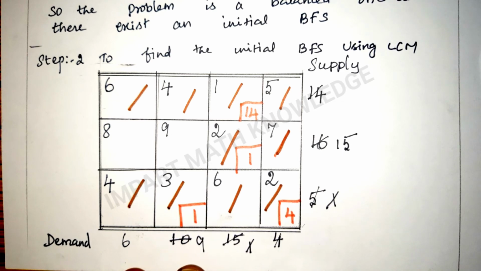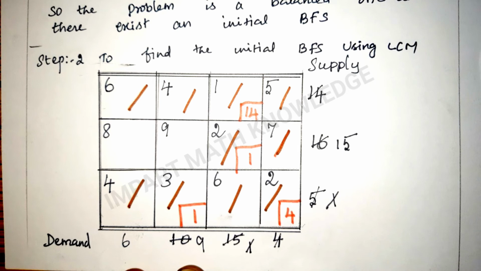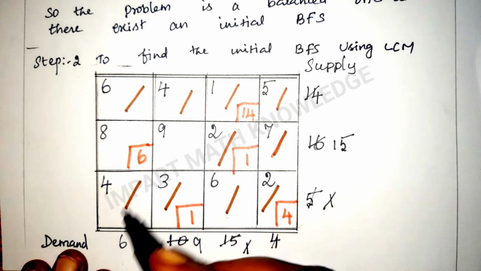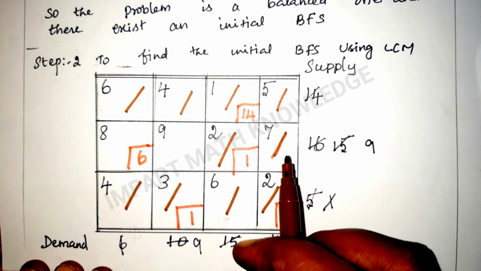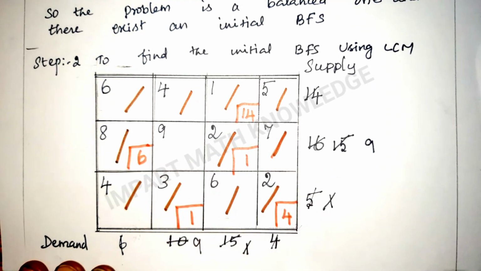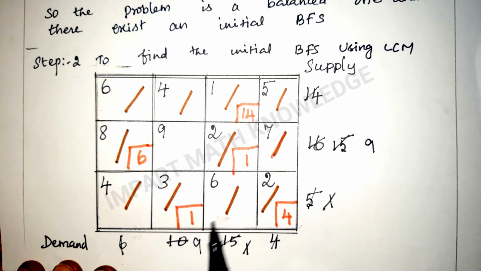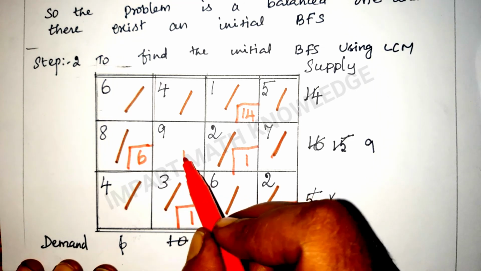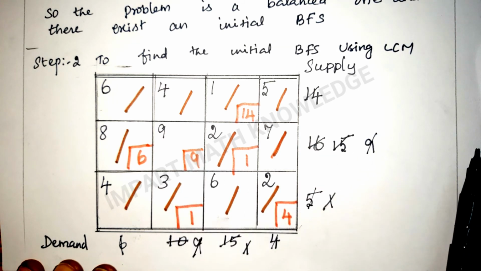In the remaining, the minimum cost cell is this cell. Here I am going to allocate the value. For this cell, supply is 15 and demand is 6. I am allocating 6 there. So, I strike out the value 6. Here the remainder is 9. Here, demand is satisfied again. So, I cross out the column. Now, the left out one is this cell. Here, both supply and demand are equal. So, I am allocating 9 here. So, both demand and supply are satisfied.